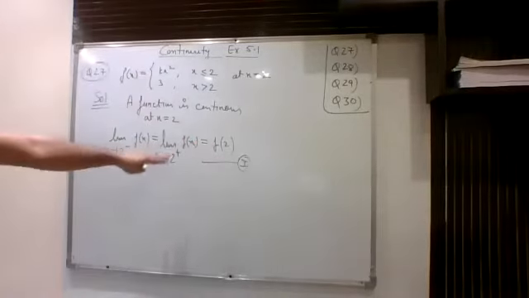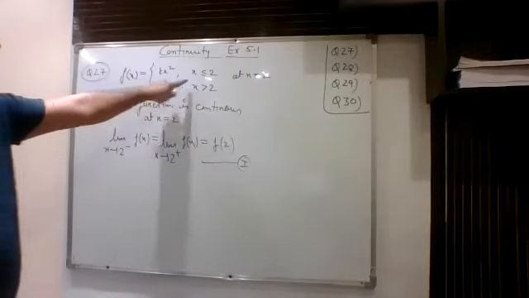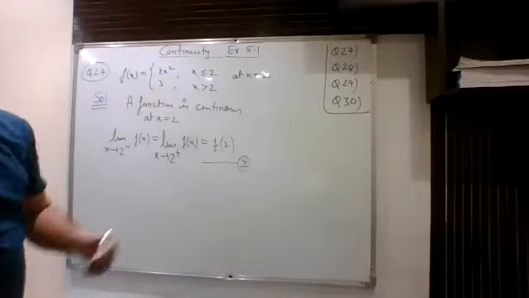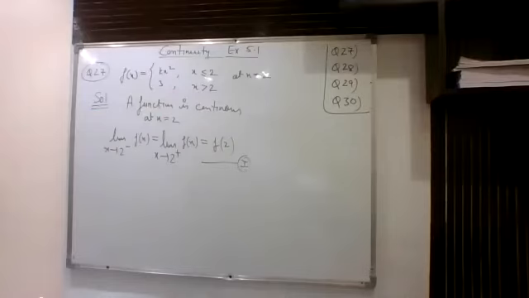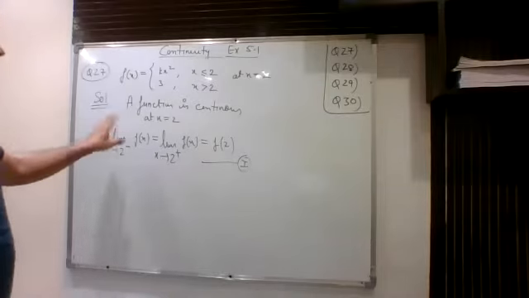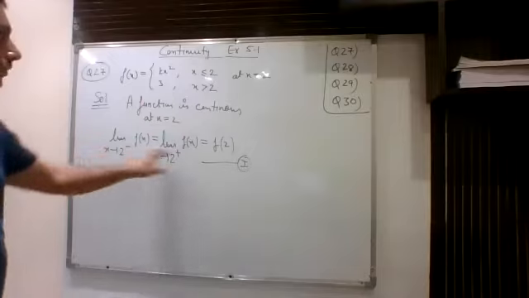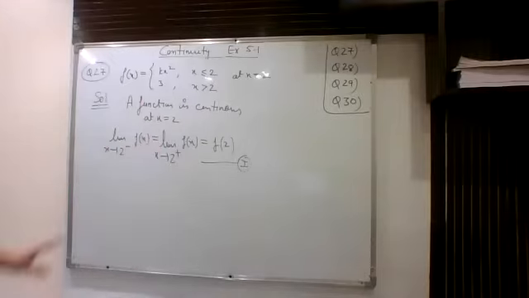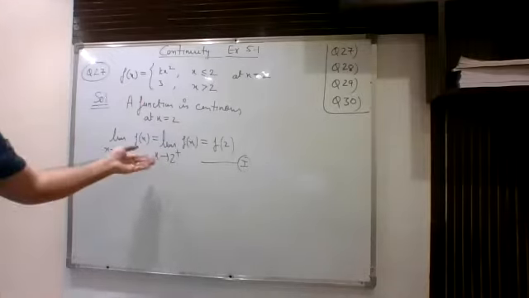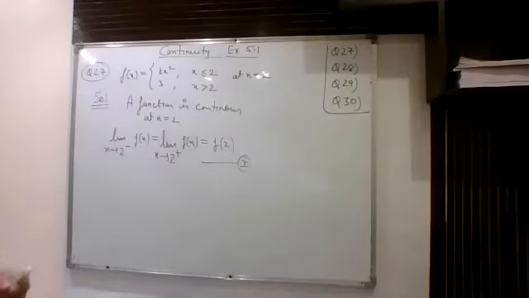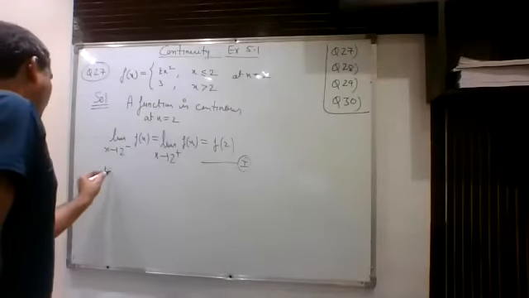Now why am I applying this definition? Because you can see that here it is given x is less than 2, more than 2. So that is why we need to apply definition number 2. So in this question, this is given to us, and that is why I wrote the first line as function is continuous at x is equal to 2. So we have this. Now one by one you will find all the three values and then you will equate them to get the value of k.